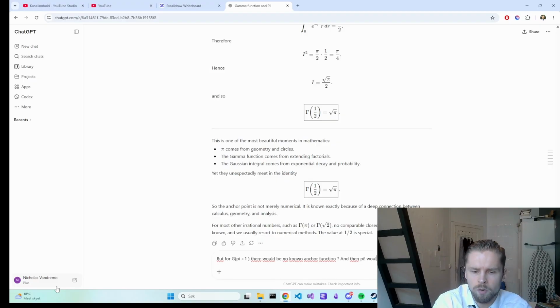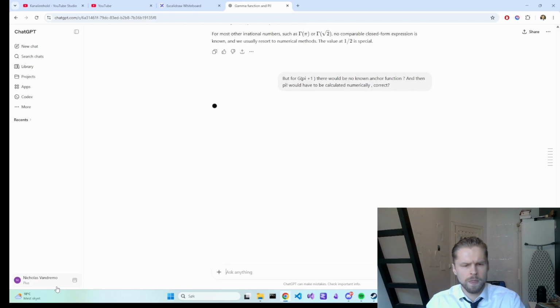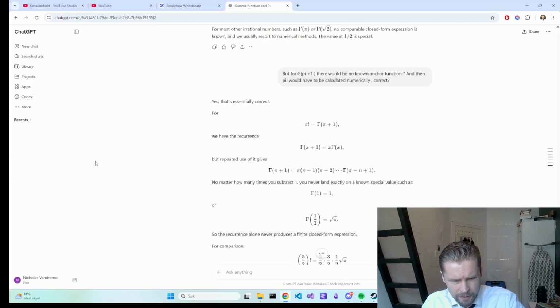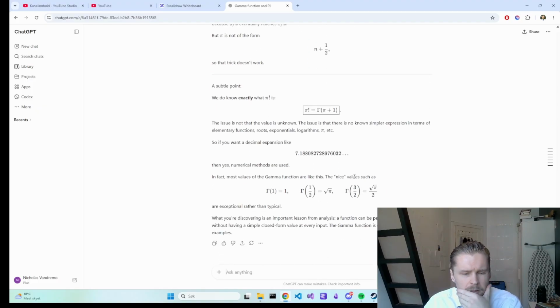pi factorial would have to be calculated numerically, correct? Yes, and numerical methods are used. I just hate this numerical stuff. You with me? I wish everything could be computed exactly. Honestly, it feels like cheating. I know that's naive,